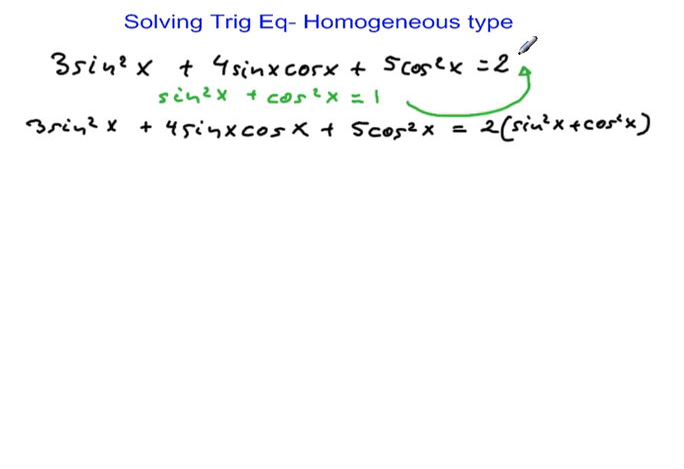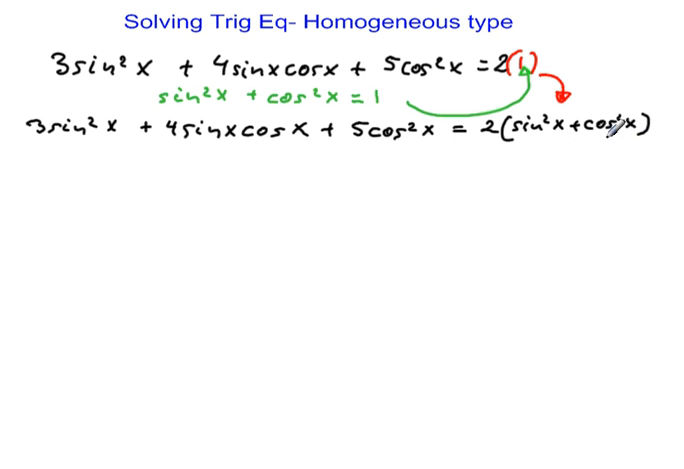So 2 times 1 is 2, and our 1 is expressed as the sum of sine squared plus cos squared. So first, change that constant using the Pythagorean identity, and now we have the entire equation where each term has the same degree. Okay, so what you're going to do now, we will expand just the right hand side, but before